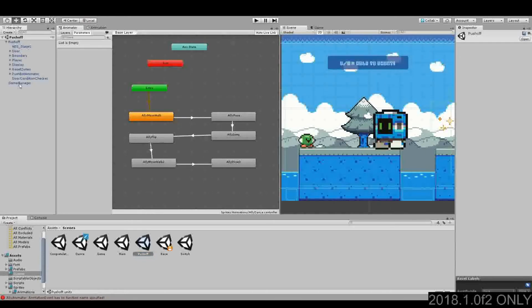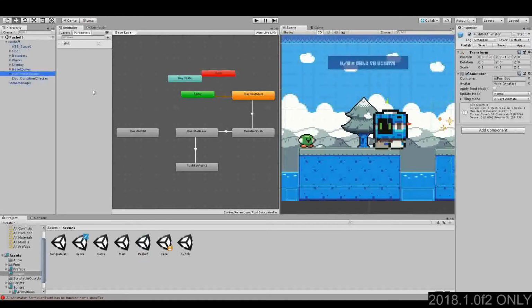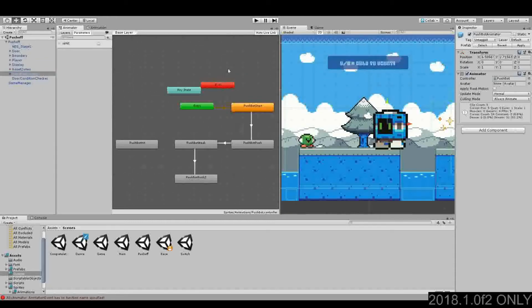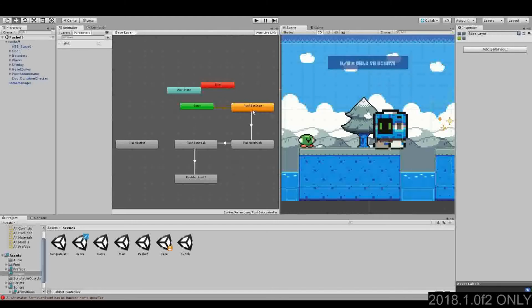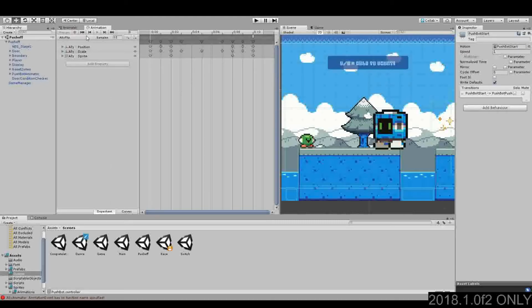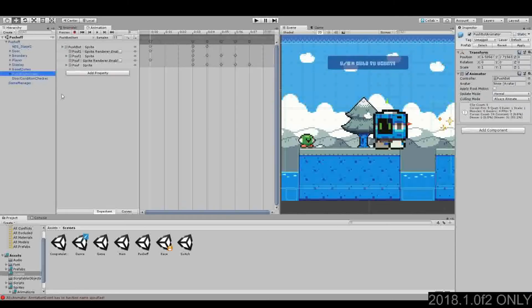Once again, go to the pushbot animator. This time it's the pushbot, not the ally bot, because there is no ally bot. Alright, so these two can be ignored, not as always, but for this tutorial. So entry goes to pushbot start. Now let's see what this animation does, so we know what to look at. Make sure you select pushbot in the hierarchy window,